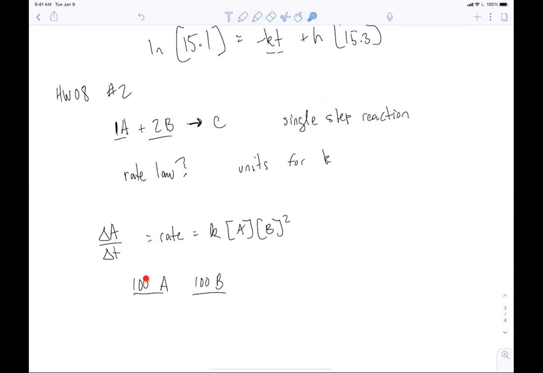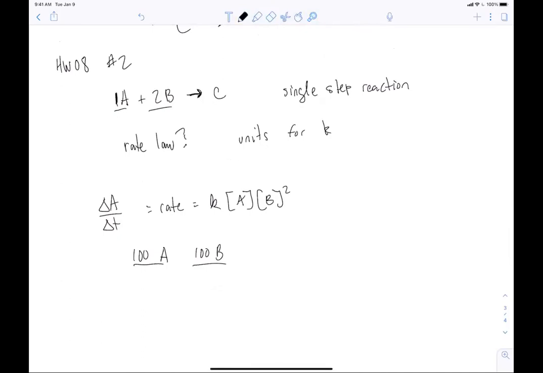If I start with 100 of A and 100 of B, so I have equal amounts, and I wait some time t, we'll call it t1. Let's say A is going to be 50. So that's how much of A has reacted, 50% of it. How much B will I have left over? Well, I can see that B is reacting twice as fast. So that means that,